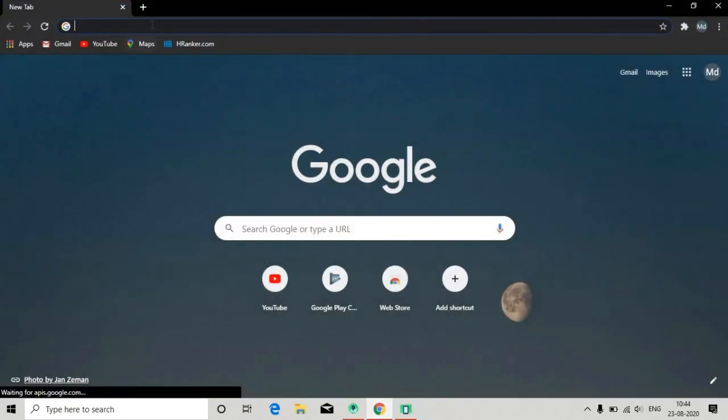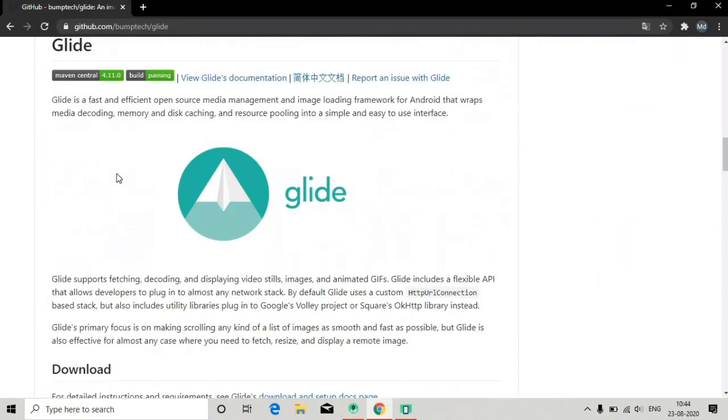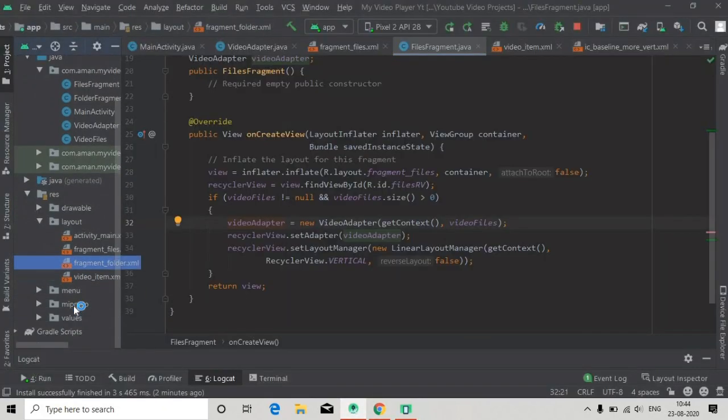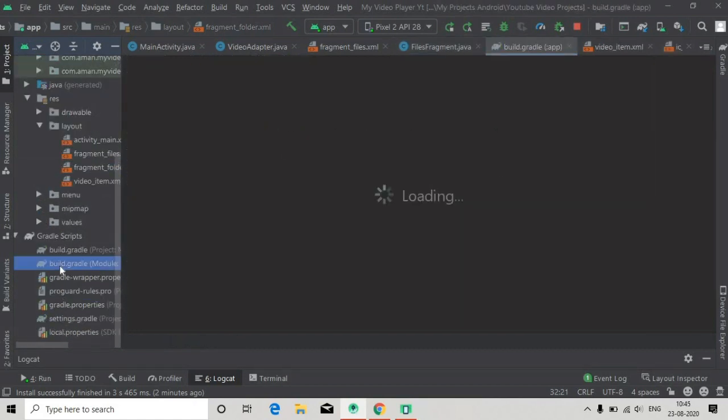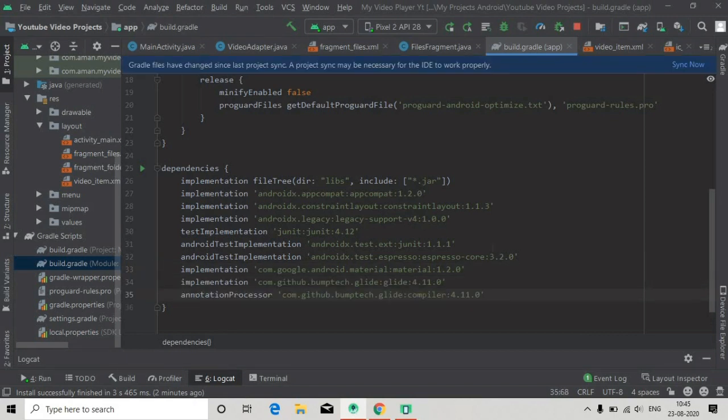So in our on bind view holder, first of all we have to add a dependency for glide, so search glide dependency, and here you can see these two lines of code. Just copy this and paste it in our Gradle module app. You can see this second line, Gradle module app, and here we have to just paste it, and now sync now. And now the Gradle build is successfully finished,